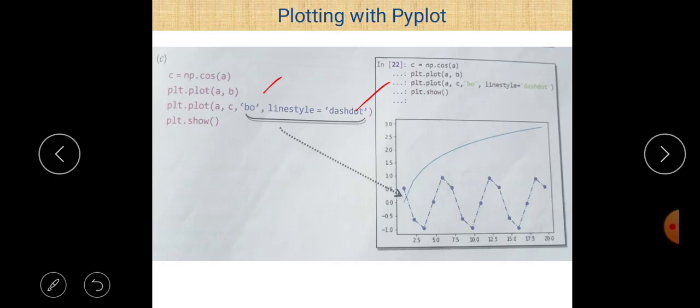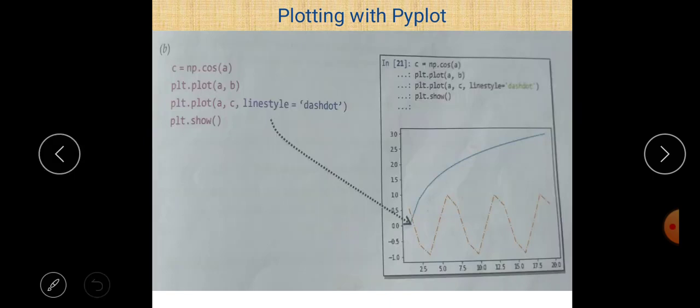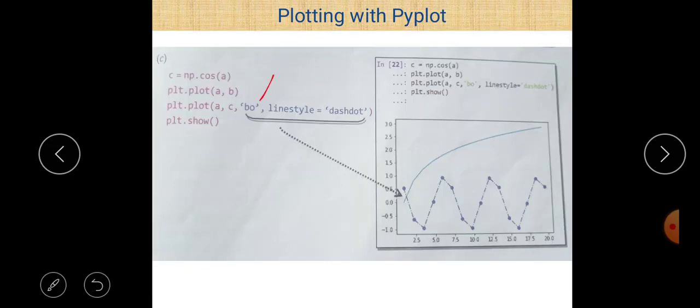Here b and o: blue color is there, and the points are marked by O, a circle. In the previous case the color was red, but in this case the color is blue because we intentionally use b here.